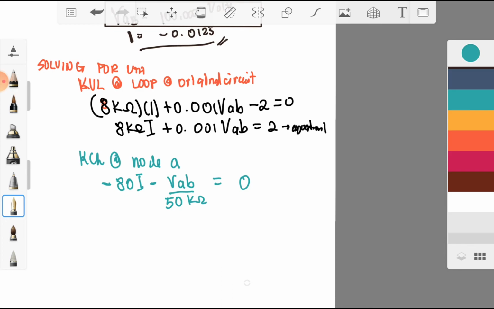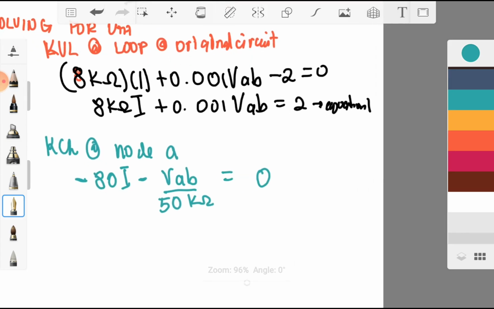And then we have negative 80 for our I, minus 1 all over 50 times 10 raised to 3 for our VAB, equals 0. So our I is equal to 5 times 10 raised to negative 4 ampere,